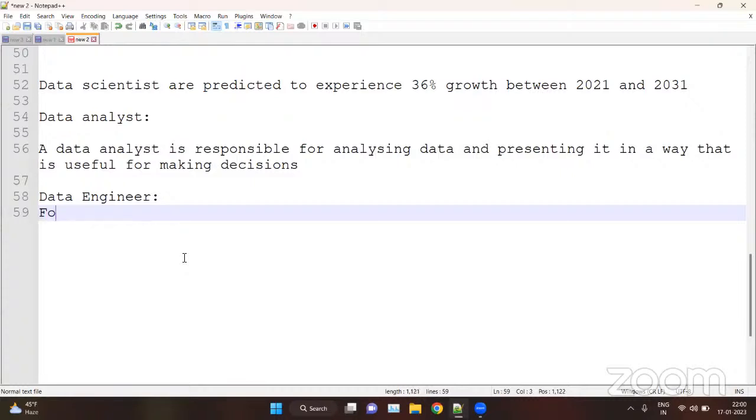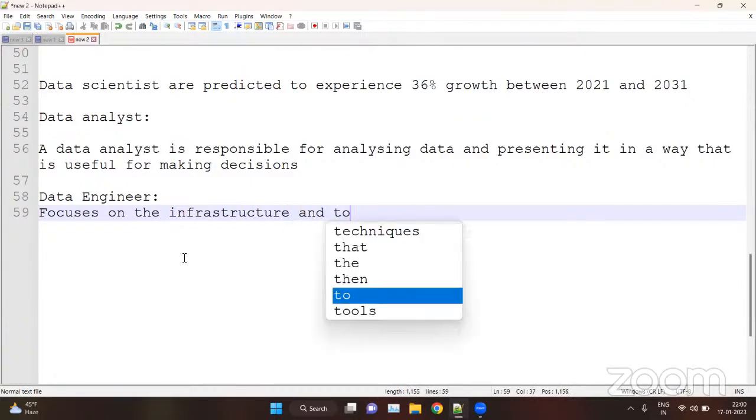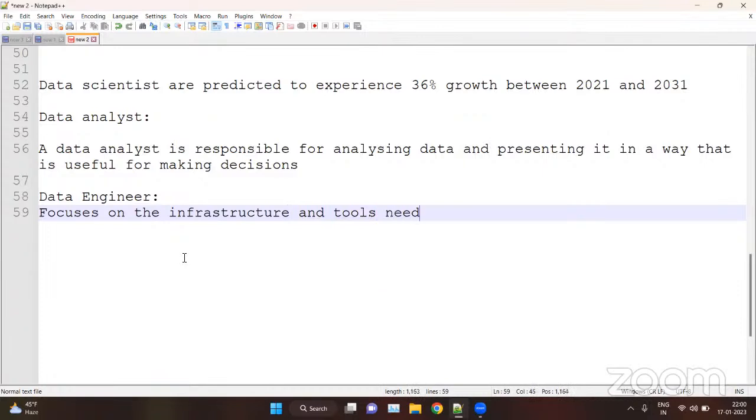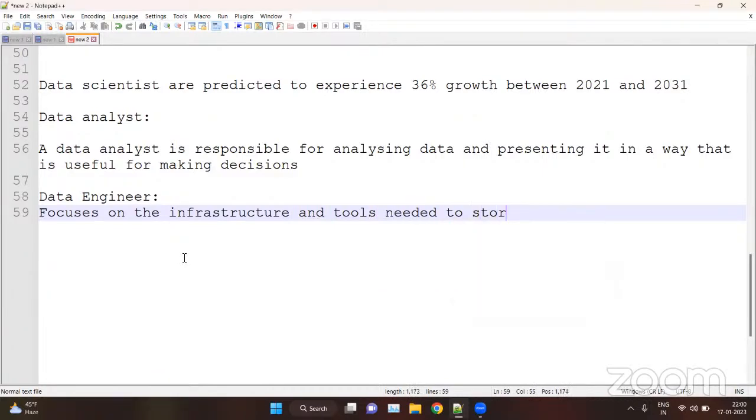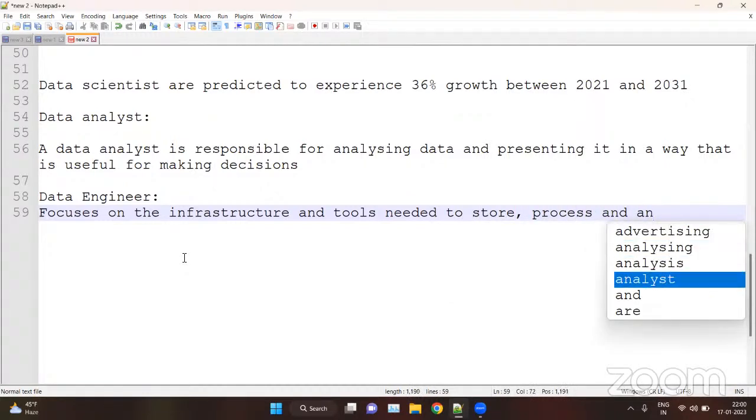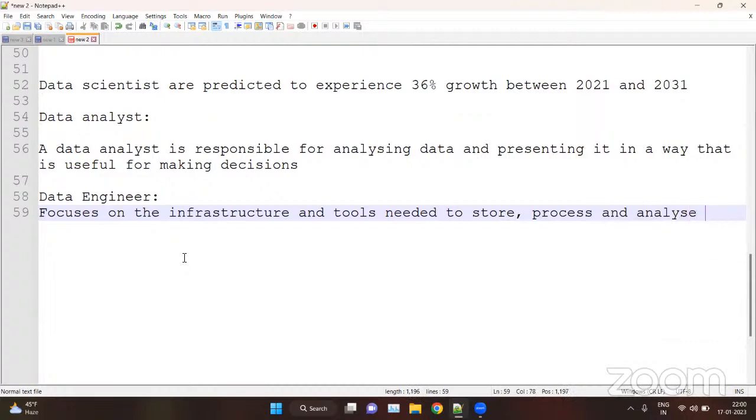So they mainly focus on the infrastructure and tools needed to store your data, to process your data, and to analyze your data, large amounts of data actually.